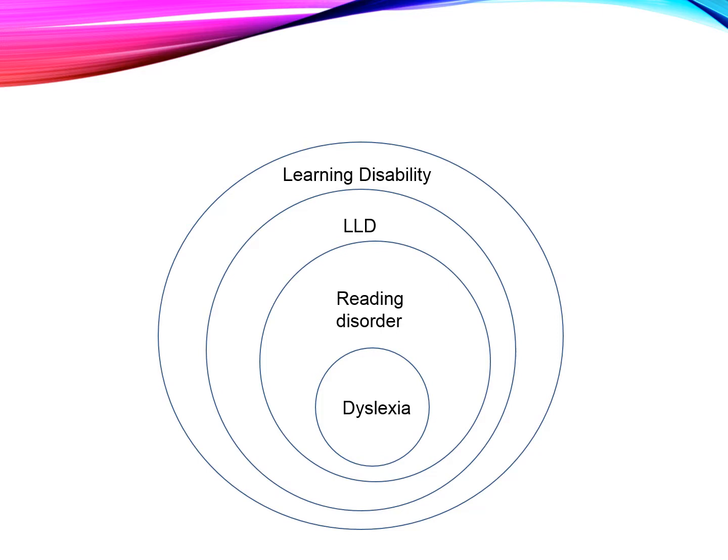So a child can have a reading disorder that could be grounded in comprehension or fluency difficulties and not have dyslexia. Dyslexia has to do with decoding, matching the letters to the sounds. I am definitely a visual thinker, so I really hope this helps you see how these all interrelate.